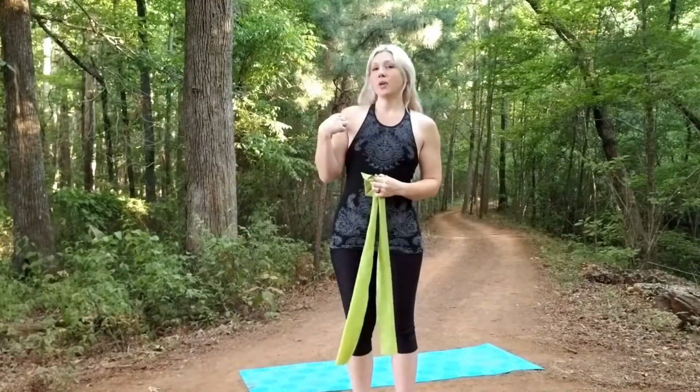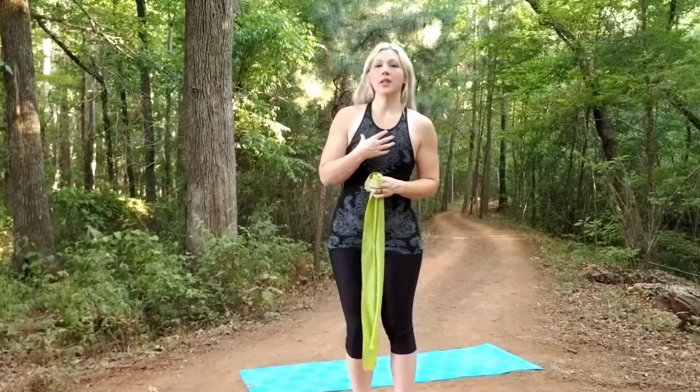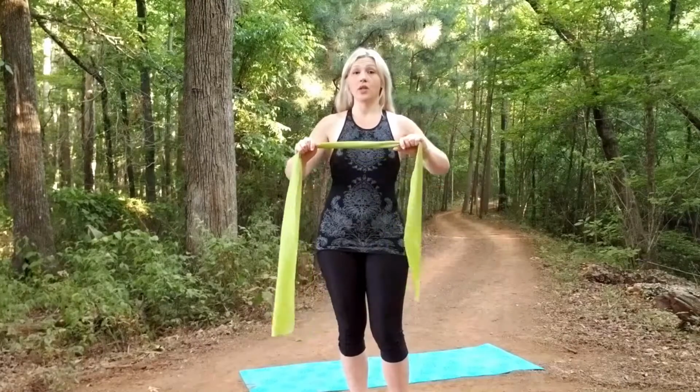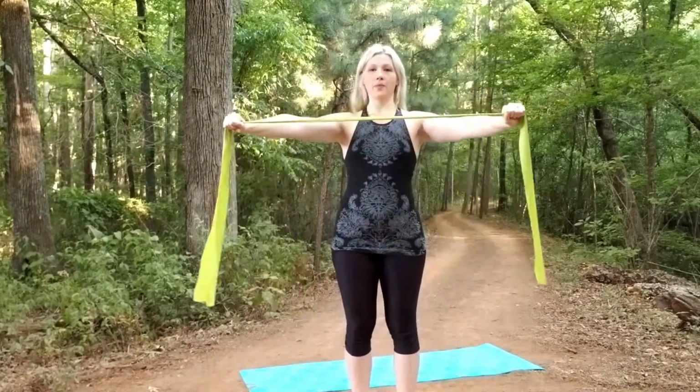Now, I do feel my shoulders working some in this one, but you're really going to feel your chest moving in order to move this band. So let's go ahead and do 10. So here we go. 1,